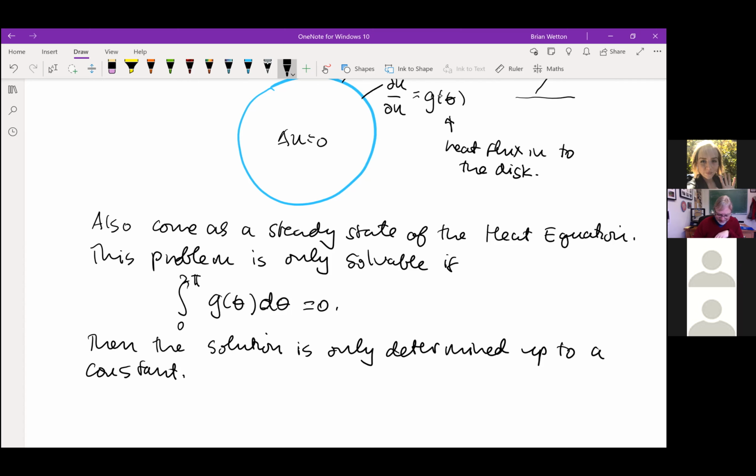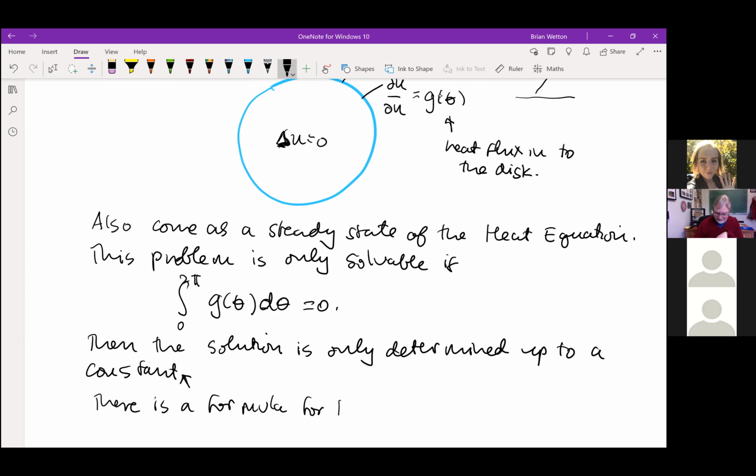So this constant is like a vestige of the time-dependent problem that you thought you had gotten away from with the steady state problem, right? Whatever the constant, if this was the time-dependent problem, then you would get that constant from the initial conditions. That would be the only thing left of the initial conditions, that average temperature. Okay, and I believe there is a formula